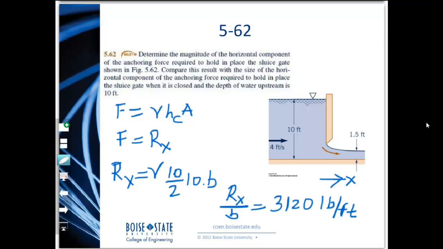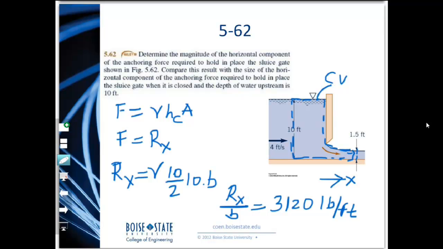So now our control volume would be slightly different. It would be encompassing this guy here. This is how our control volume now would look like, right? And then by now, if you remember, if you want to compute a reaction or the anchoring force in the